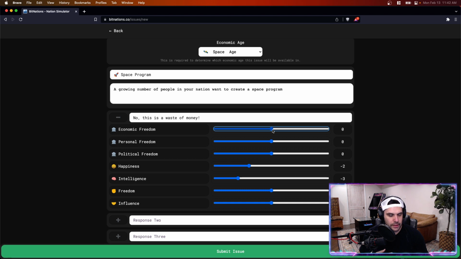Or another example might be gun rights or Second Amendment rights in the U.S. That's a very U.S. issue. And economic freedom may be, well, should the government regulate this industry? What if the government chooses to nationalize an entire industry? That'd be quite an impact on economic freedom, kind of on the negative end of the spectrum, whereas a more laissez-faire capitalist government that says, no, we're not going to touch it, we're not going to get involved, might be more economic freedom, basically unbridled capitalism. So this one's kind of tricky because